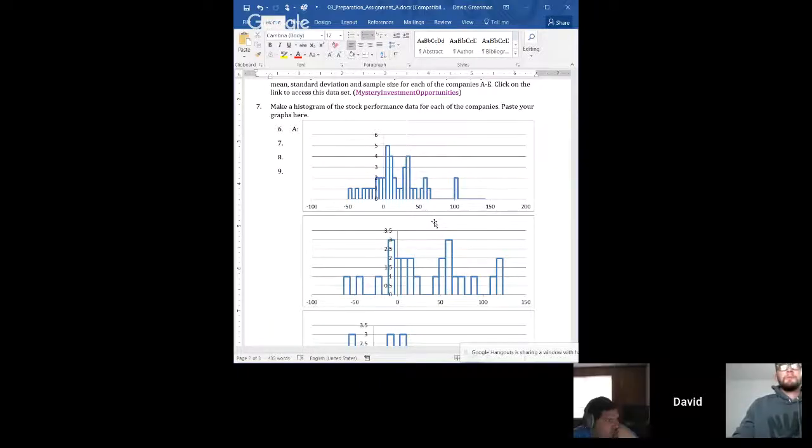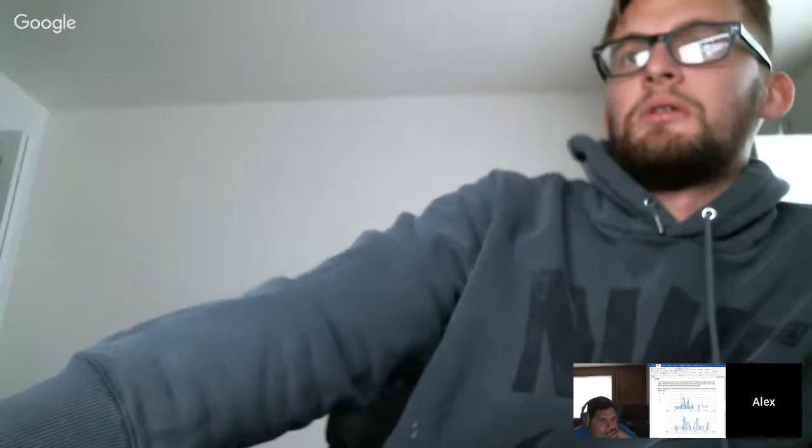Okay, and we're live for number 6. I made just a little chart that had the standard deviations, mean, and sample size. So for alpha, I put for standard deviation for A, B, C, and D is